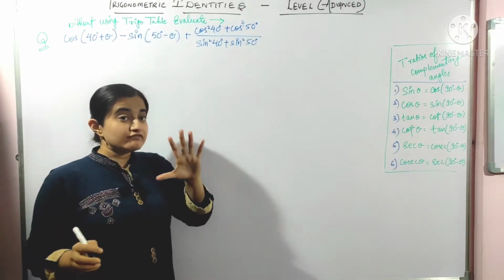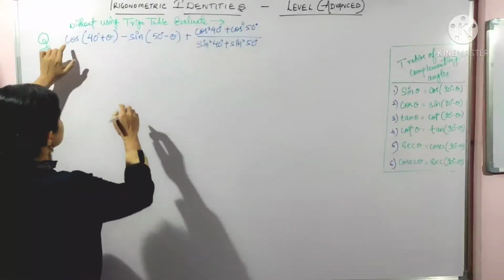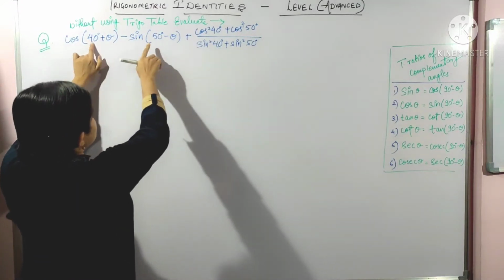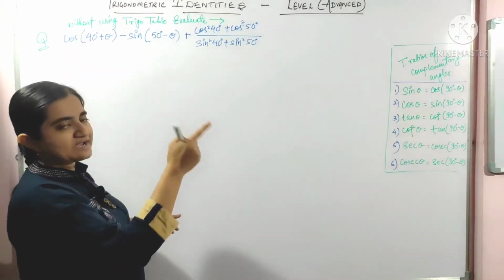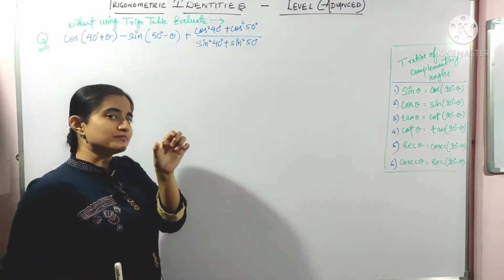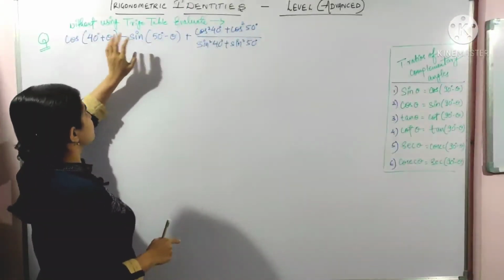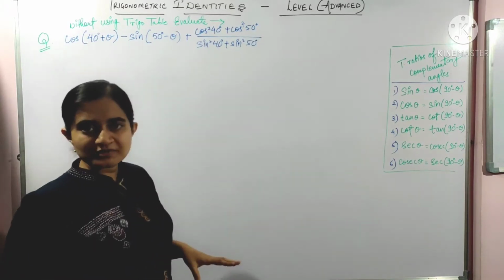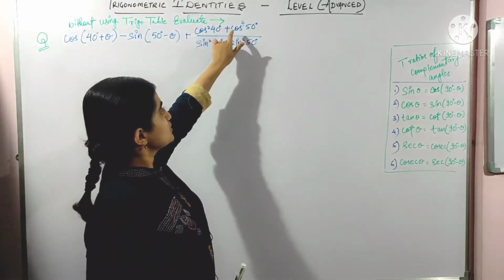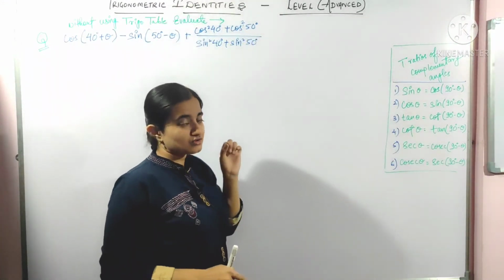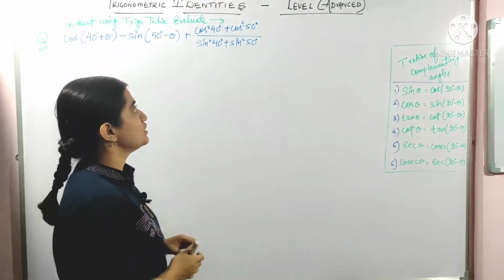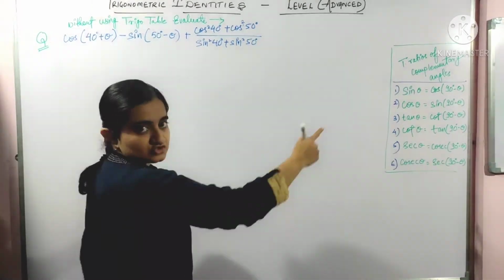So at first, in this type of question, we will look at these 40, 50 minus theta, 40 plus theta, but we can see that 90 minus theta is what is called the complementary angle. Here we are having 50, here we are having 40, so these are not complementary angles. Also here cos and cos, sin and sin are there, so we cannot apply the identity here because cos square plus sin square is the identity. So we have to make changes according to these complementary angles.